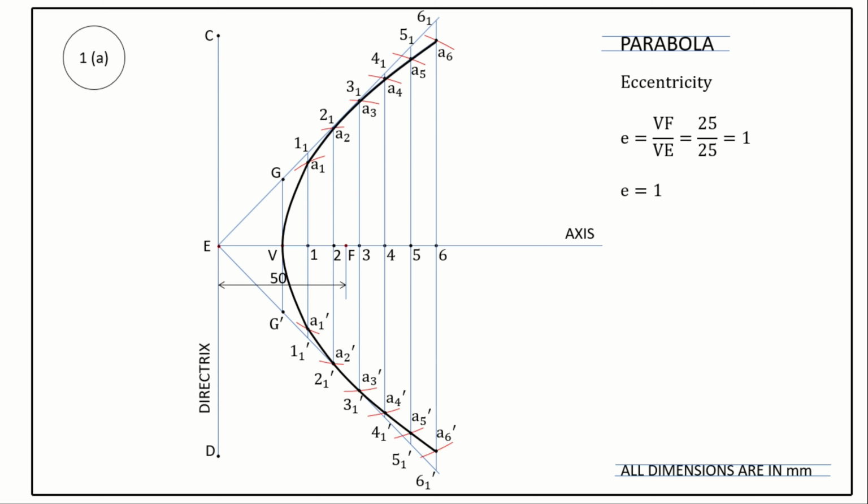So, you can see here I have drawn the curve using the eccentricity method. I have written the name of the curve parabola. So, I have finished two parts. I have drawn the curve. I have named the curve. It is a parabola. The last part is we must draw a tangent and a normal to a point on the curve.